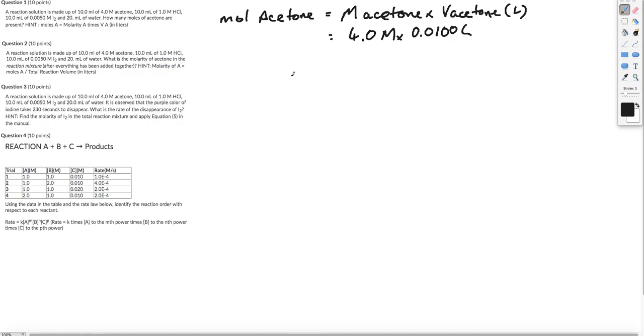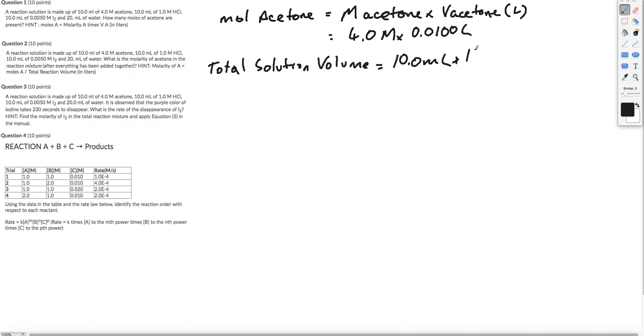And question 2, you're looking for the molarity of acetone in the reaction mixture. That's once everything is added together. And you've got to remember that this is going to be a total solution. Total solution volume includes everything. It includes 10 mL of acetone,